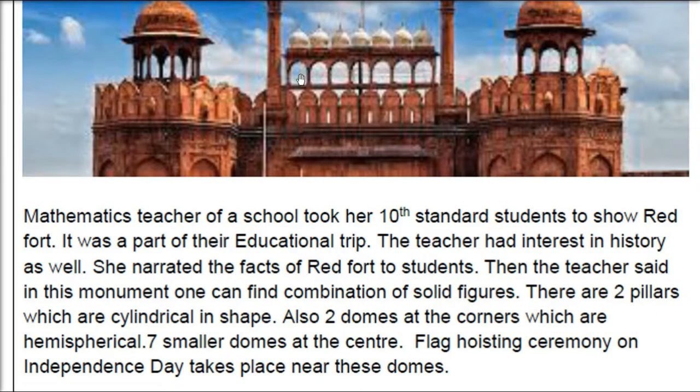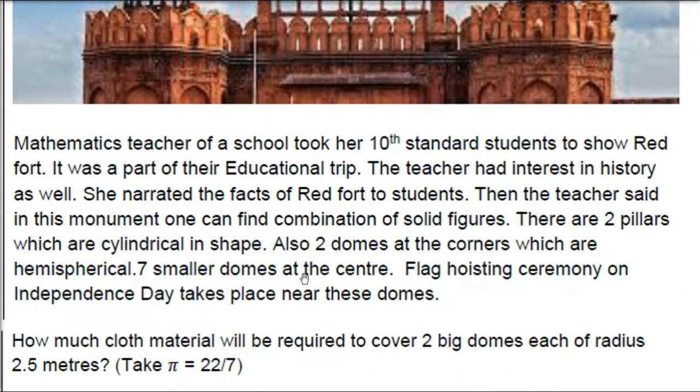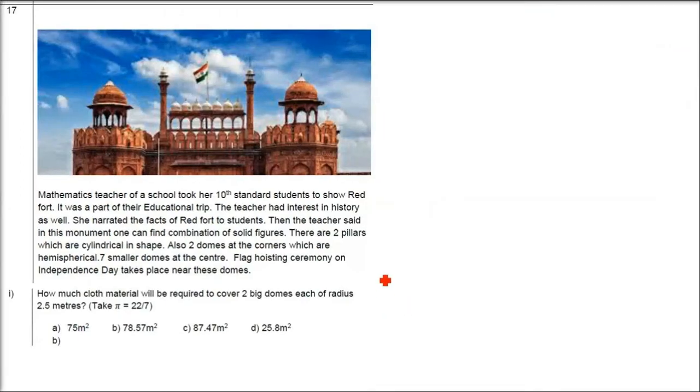So now one by one we are going to do the questions. What kind of questions can come? These type of questions are going to come, and multiple questions related to it will also come. So the hemisphere, cylinder and the smaller domes, that is the sphere, should come into your mind. You need to know the area, surface area, lateral surface area, and volume of these. So let us start with the first one.